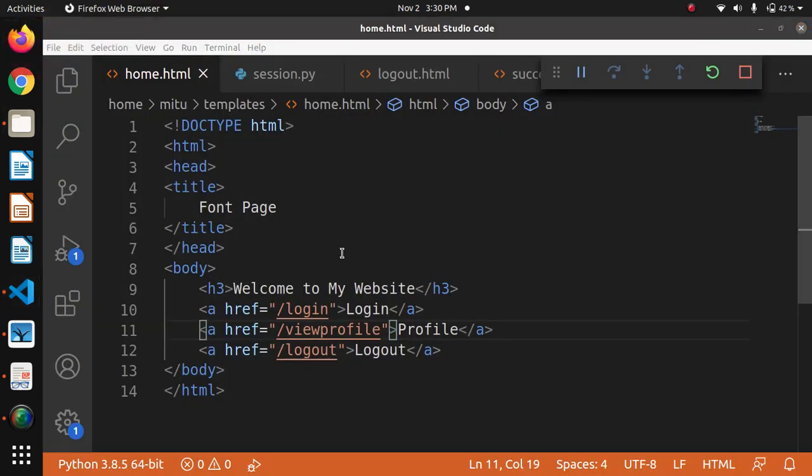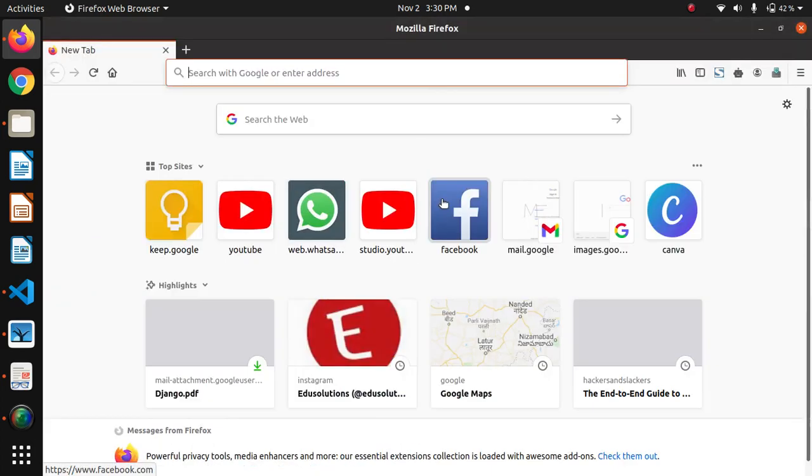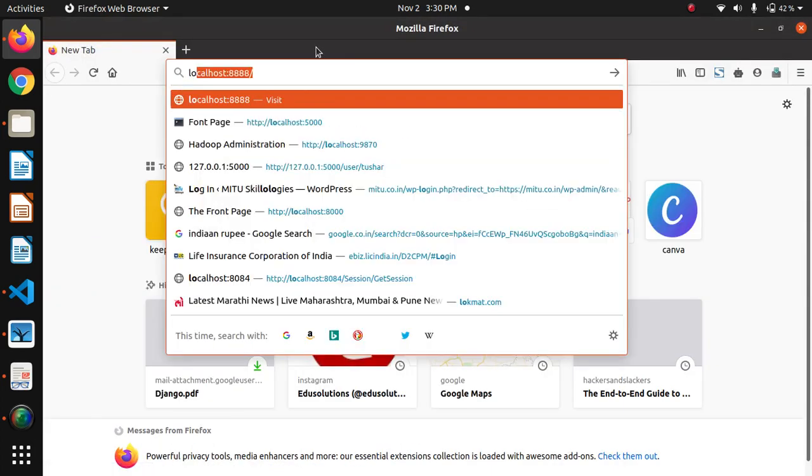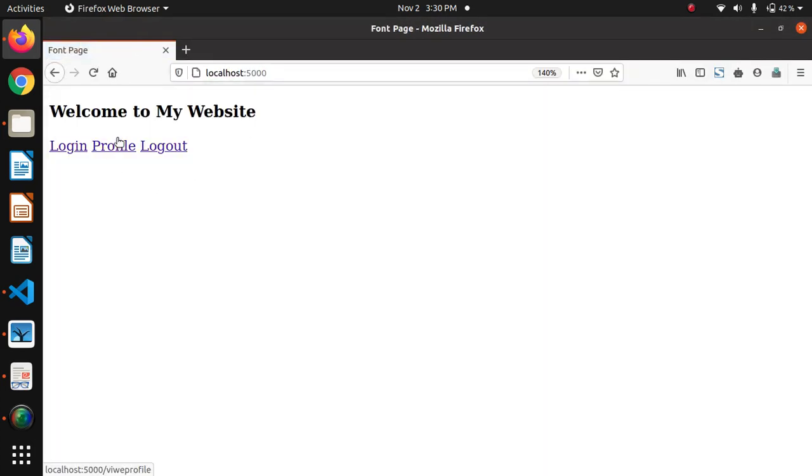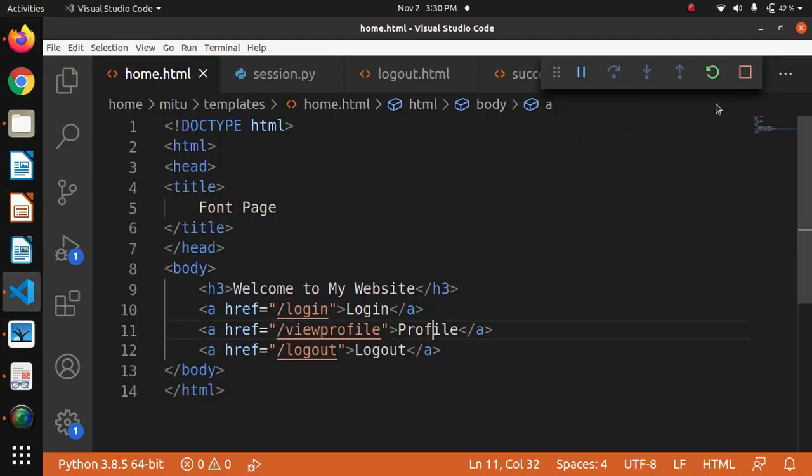Let's open it again, and now we'll check it one by one. Localhost 5000, yes, right, still it's not working. I'll restart the server,